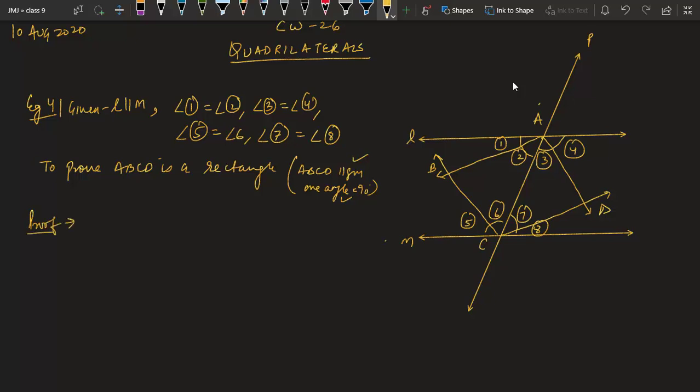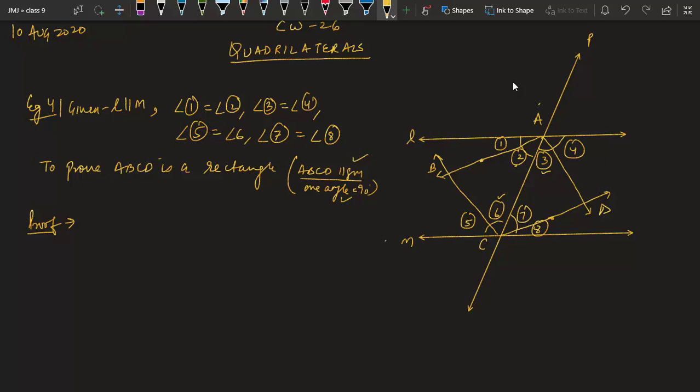First thing we can say is, to prove ABCD is a parallelogram, in my mind I have an idea that we have studied: if opposite sides are parallel, then the quadrilateral is a parallelogram. So we have to prove AB parallel to CD somehow. For that we can see 2 and 7 are the alternate interior angles. If by any process we prove 2 equal to 7, we can say that the lines are parallel. Similarly, if we are able to prove 6 and 3 equal, we can say AD and BC are also parallel. Now let's start. What is given to us?